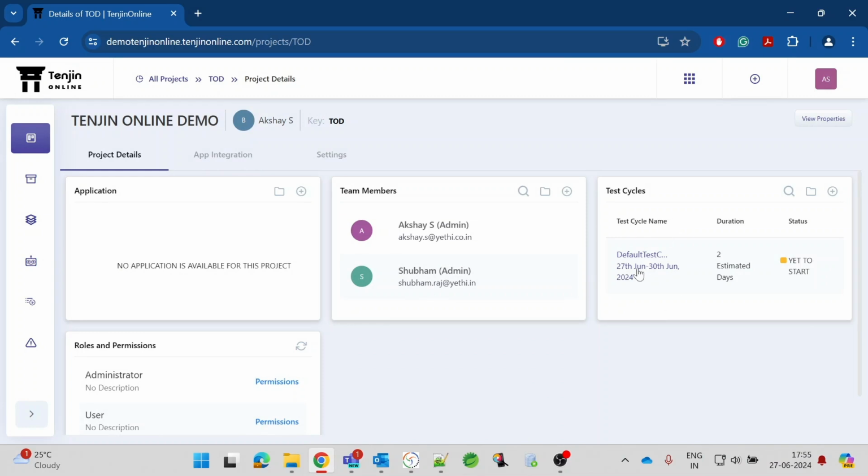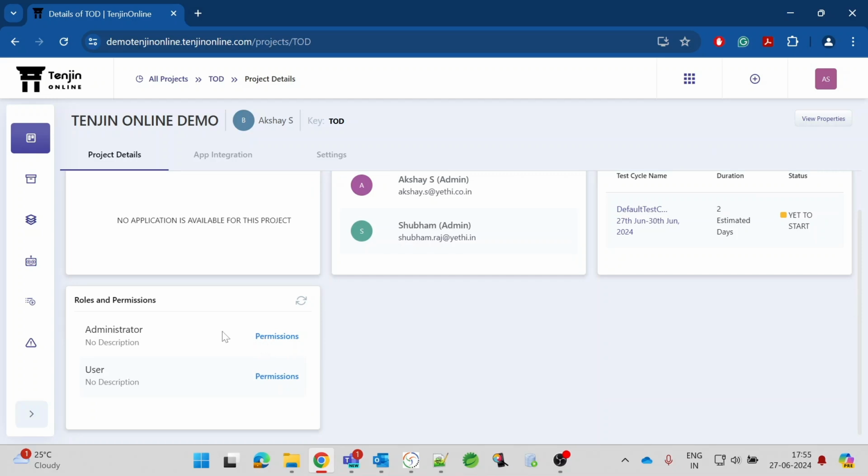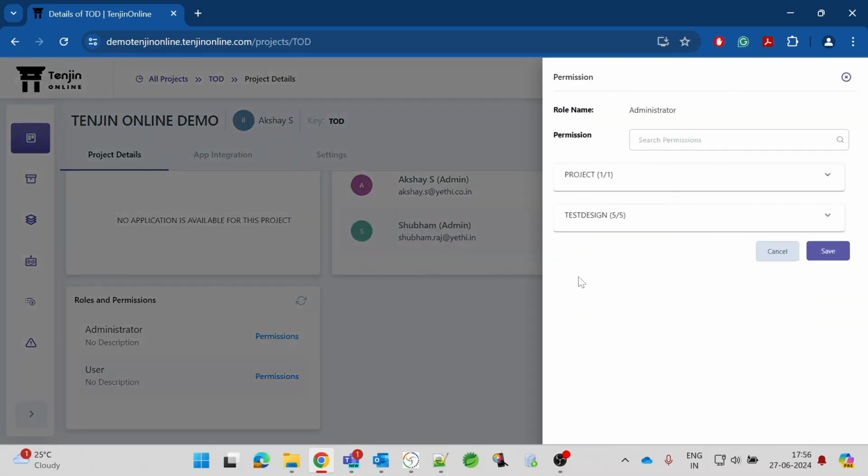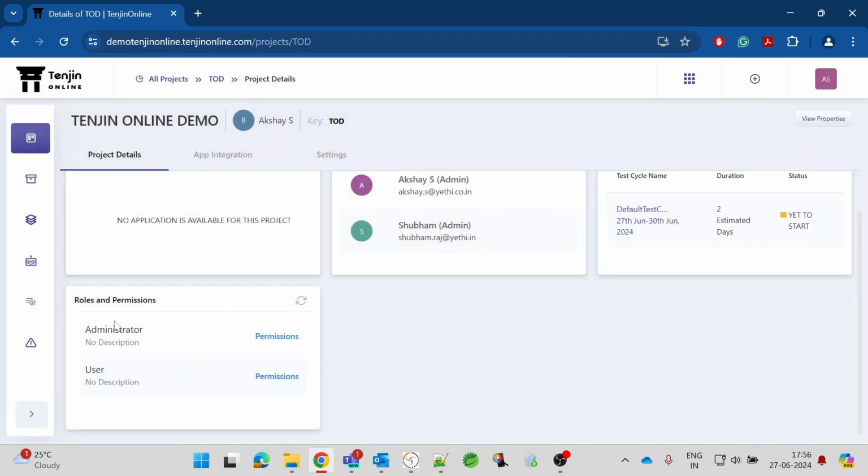And cycles, as I told, are larger execution cycles having multiple cases. For roles and responsibilities, here you will be able to manage what permissions you can give for an admin or a user access. You can click on these permissions and make changes to what actions can be given to an administrator and what can be given to a user. And for example, if you have a newer role or permission, since these roles and responsibilities change based on organizations,